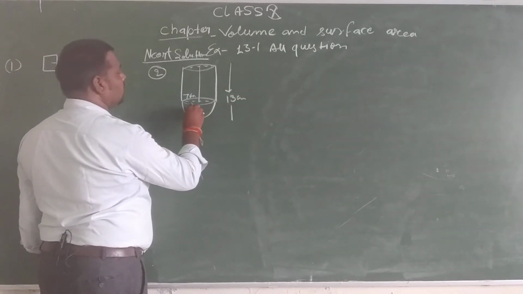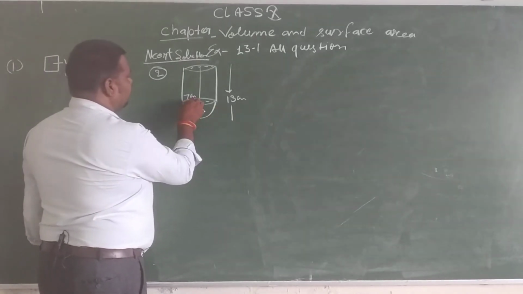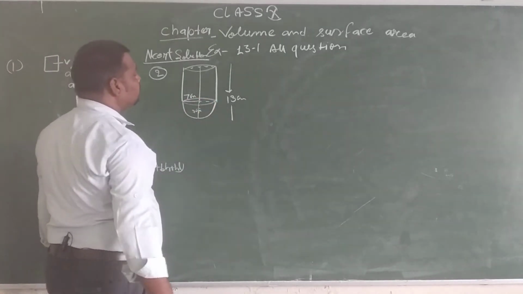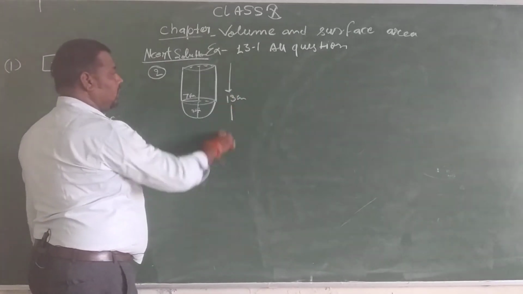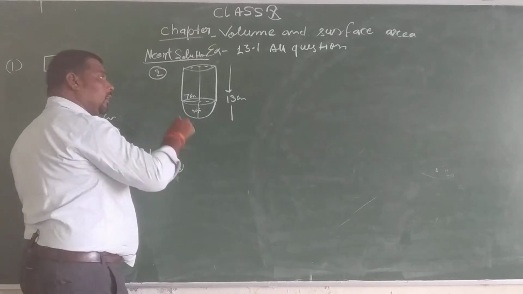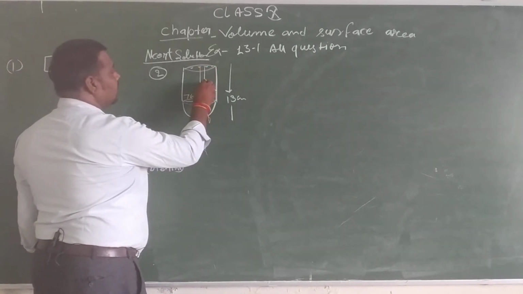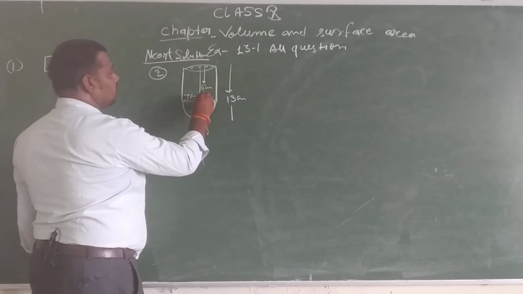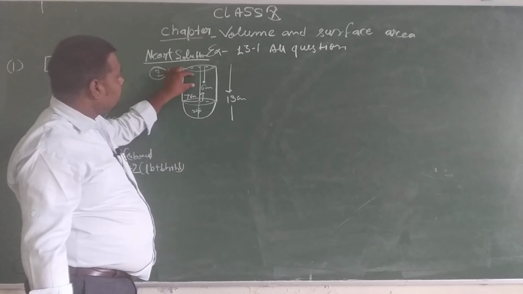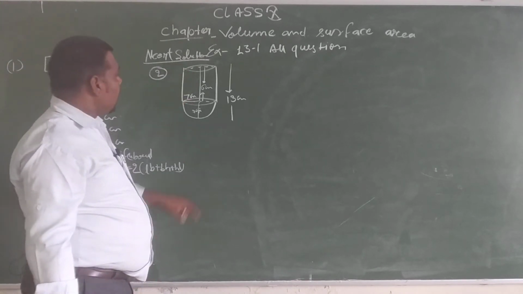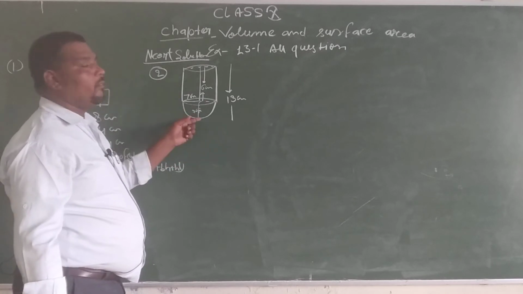Okay students, 13 centimeter. You know that sphere radius is 7 centimeter. 13 centimeter is the total height of the vessel. So what is the height of the cylinder? 6 centimeter. 13 में से 7 हम सब्सट्रैक्ट करते हैं और हमारा हाइट ऑफ द सिलेंडर क्या होता है? 6 सेंटीमीटर. हमें वेसल का फाइंड द सरफेस एरिया, इनर सरफेस एरिया ऑफ द वेसल.